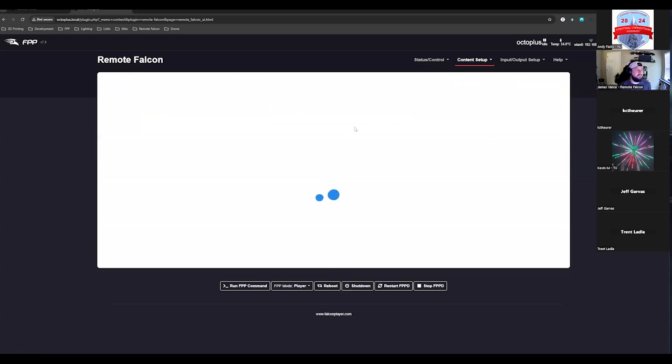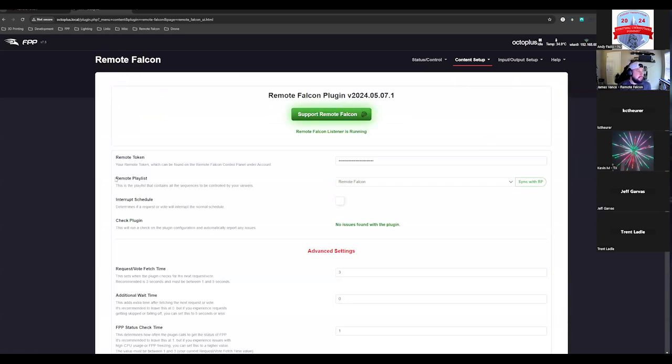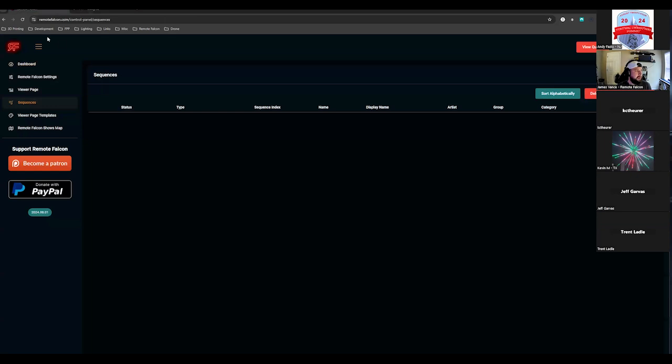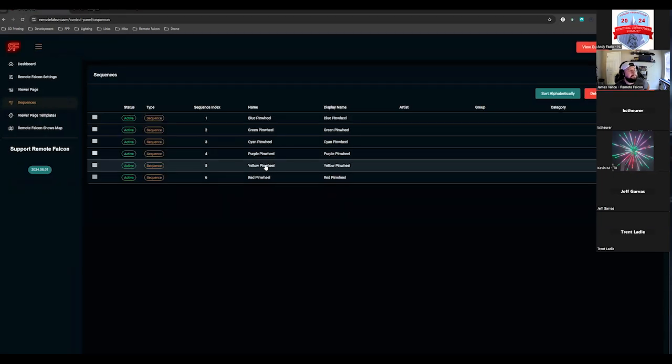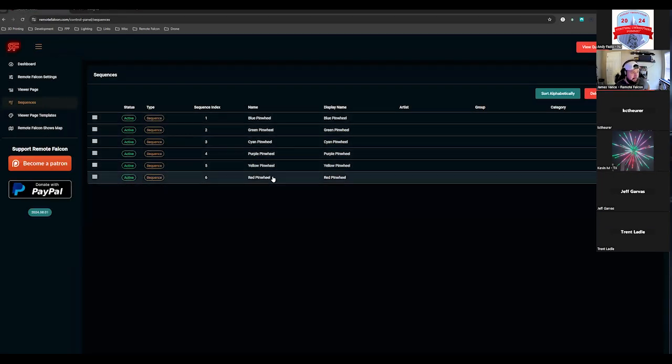So if we go back to our plugin, you see there's a section here for Remote Playlist. We have both of them that show up in here. So we're going to select Remote Falcon and then sync that with RF. And we can see that the remote playlist was saved. And if we come back over here and refresh, we can now see we have all 6 of our sequences